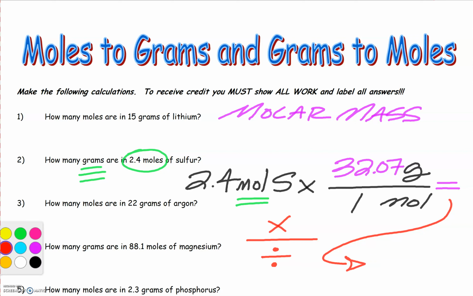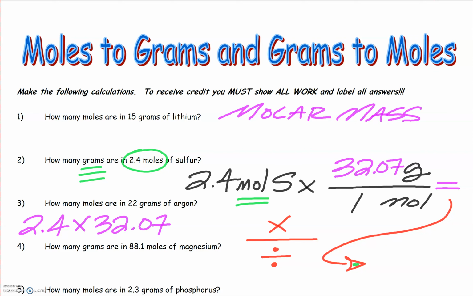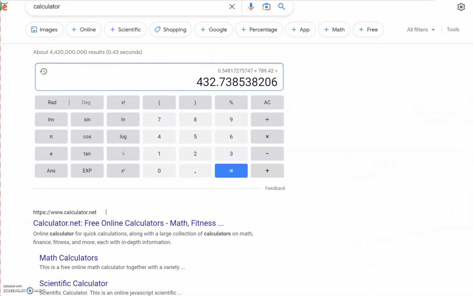And so we're going to go ahead and take 2.4 times 32.07. So for you guys, it's going to be in your calculator 2.4 multiplied by 32.07, and that will give you your answer. Again, I multiply because it's on top. So go to our calculator, 2.4 times 32.07, hit enter, and you get